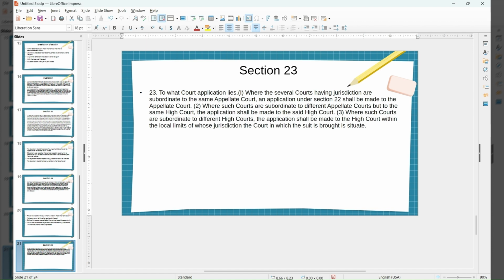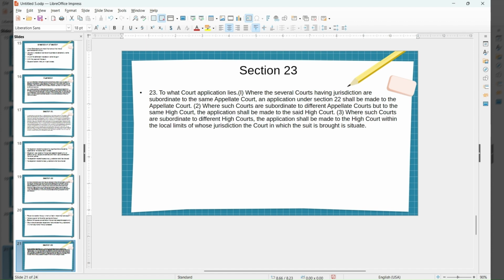So while moving the transfer application, they should specifically see if they have the jurisdiction to move it. And there are a few more things: it should be a smooth and orderly procedure, and there should be prevention of conflicting orders from different courts. There might be a possibility that they don't have the jurisdiction but still go ahead and try. Normally this will not happen, but in order to avoid a conflicting situation, this section 23 speaks